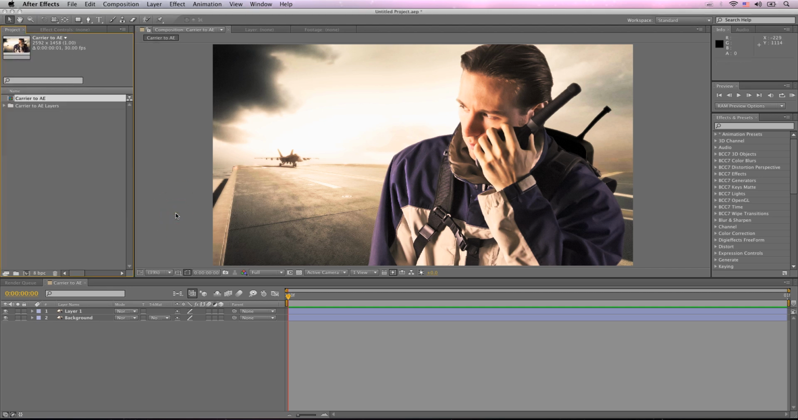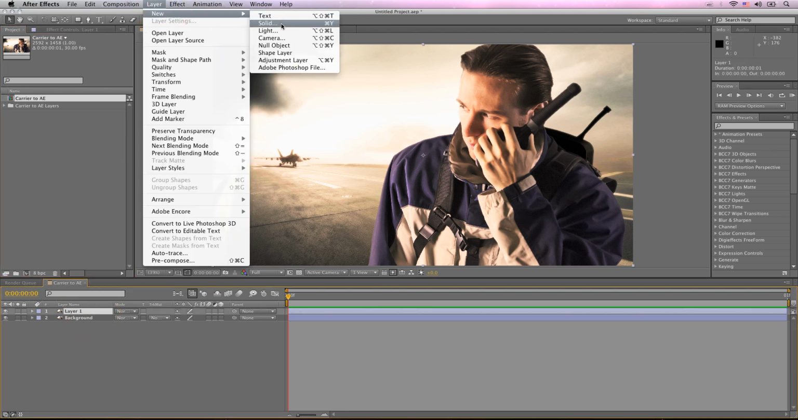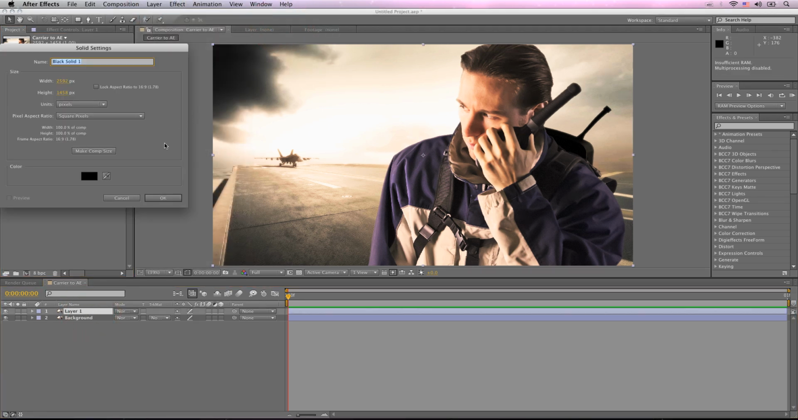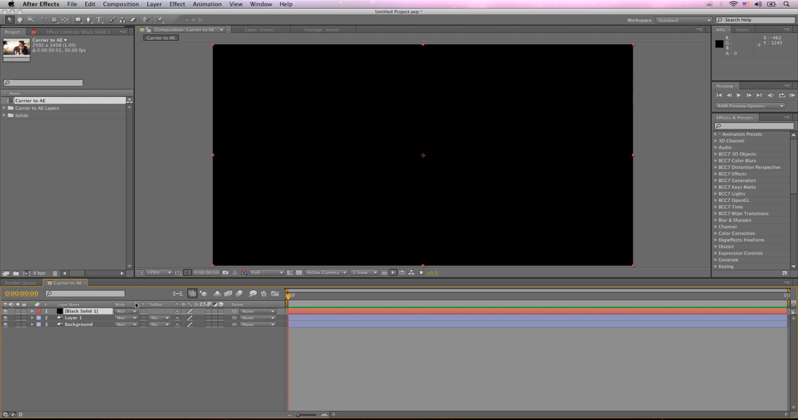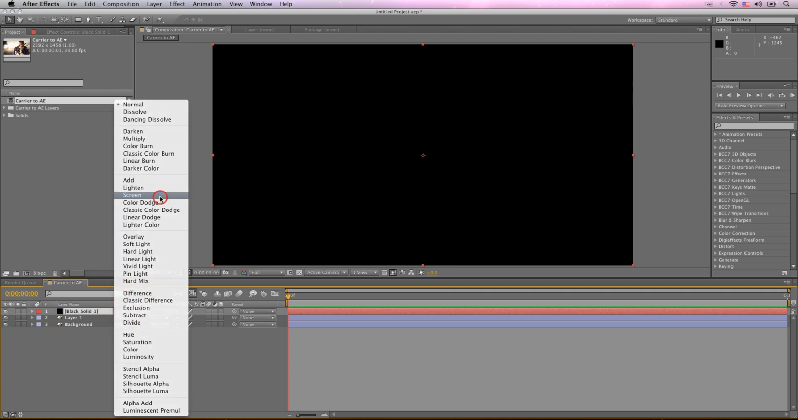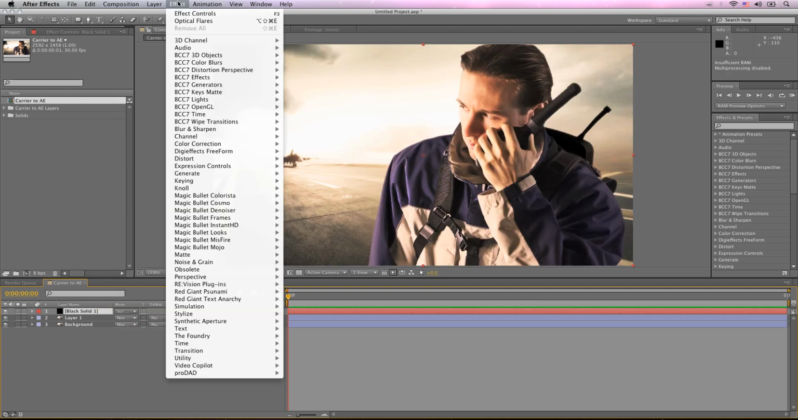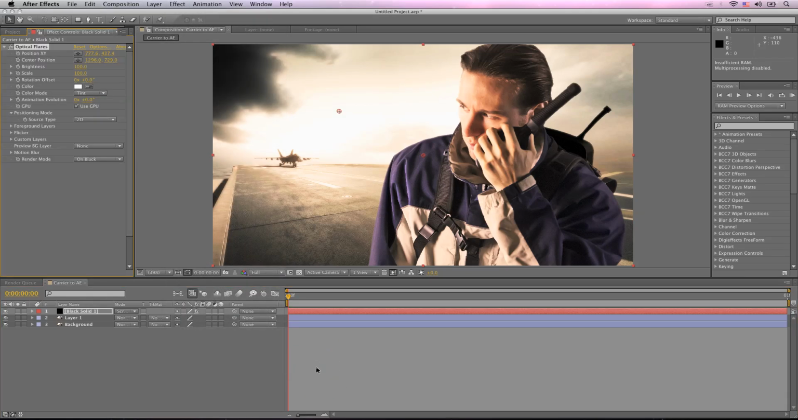Now click your layer 1 in your composition. We're going to select Layer, New, Solid, and make sure that it's comp size. If it's not, just hit comp size and make sure that the color's black and hit OK. Now we're going to change the mode of that black solid to screen. We're going to add Effect, Video Copilot, Optical Flares, because we want to add a really cool flare in here,